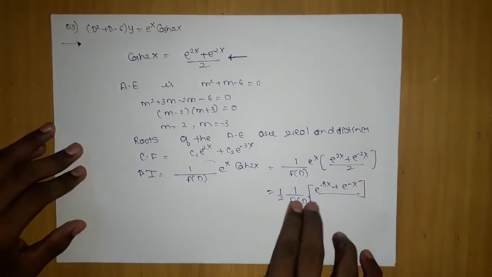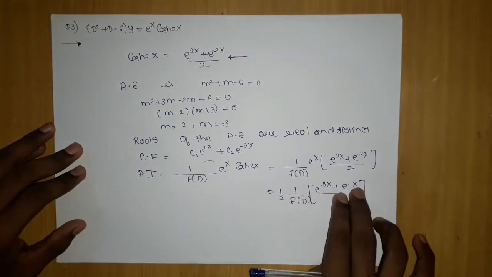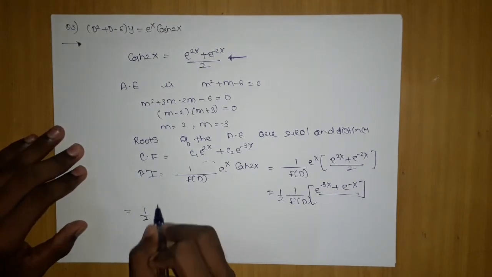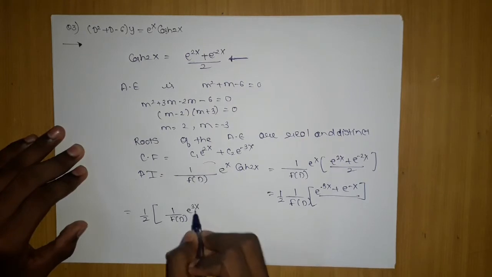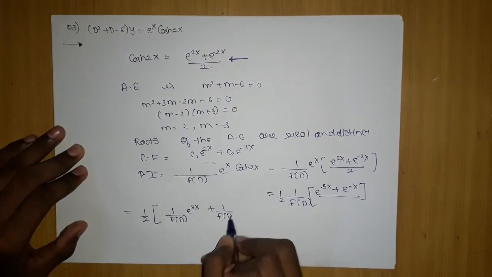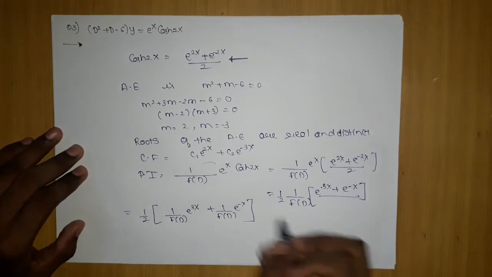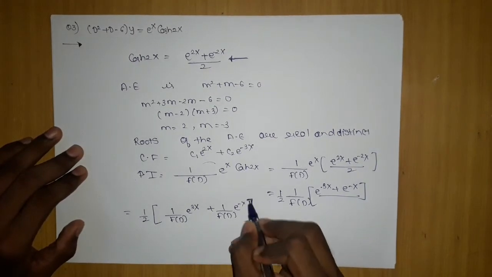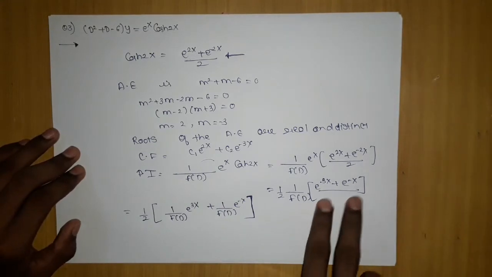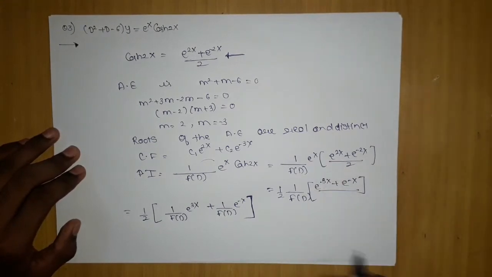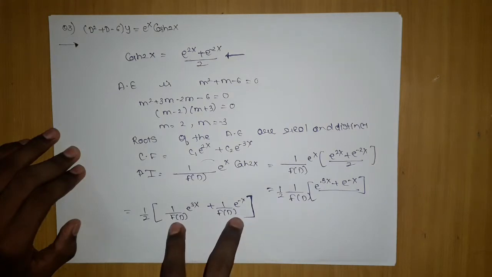Now when this f(D) will multiply once with this and once with this, we are going to get 1/2 completely outside, 1 upon f(D) into e^3x, and then 1 upon f(D) into e^−x, bracket close. So hope you have understood this thing, that whenever cosh 2x will appear, it will make nothing but just bring two e^x type situations. So here you see one particular integral, and like there it was only one like this, 1 upon f(D) into e^x, but here two similar things have appeared, but the process will be same only,